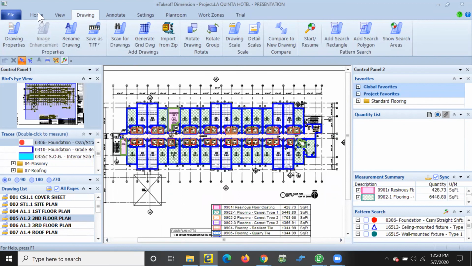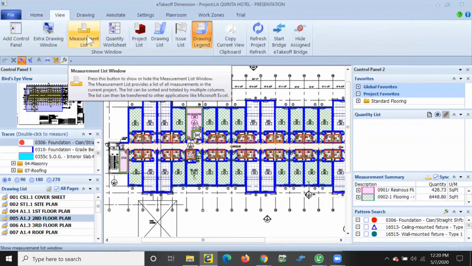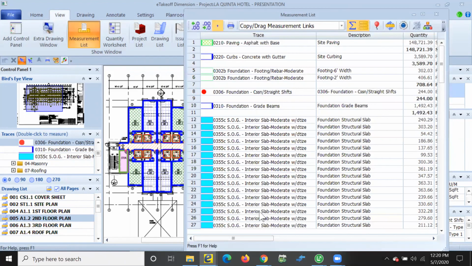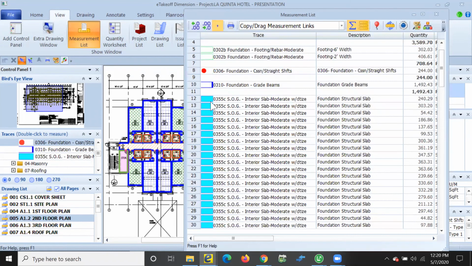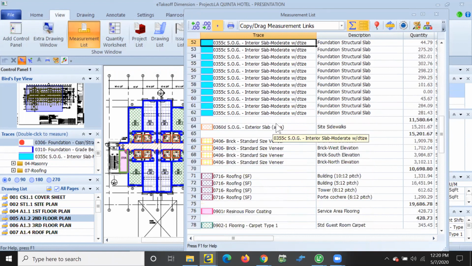I can simply use eTakeoff's measurement summary or measurement list, and that will allow me to pull up all of the items. eTakeoff keeps its own sort of spreadsheet of all of the takeoff here, but I can grab all of these items for flooring or whatever I'm doing and actually drag and drop them into my estimating spreadsheet in 100.